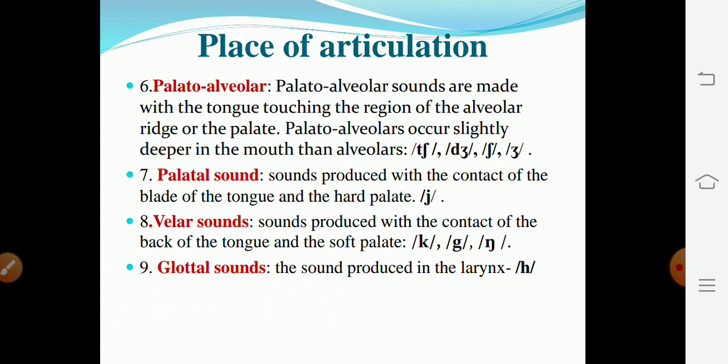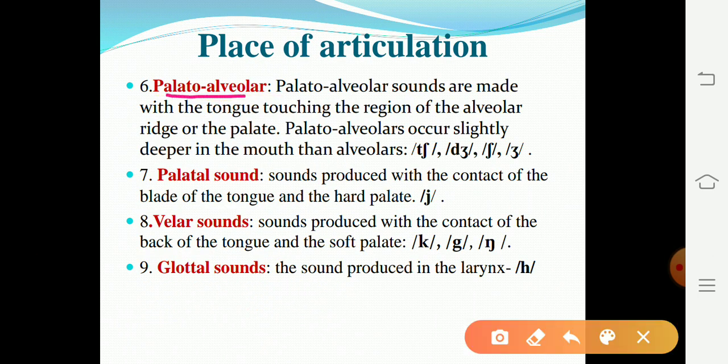Next sound is palato-alveolar. Palato-alveolar sounds are made with the tongue touching the region of the alveolar ridge or the palate. The tip of the tongue, or the tip and blade of the tongue, are the active articulators and the teeth ridge is the passive articulator. Palato-alveolars occur slightly deeper in the mouth than alveolars. The sounds are ch,